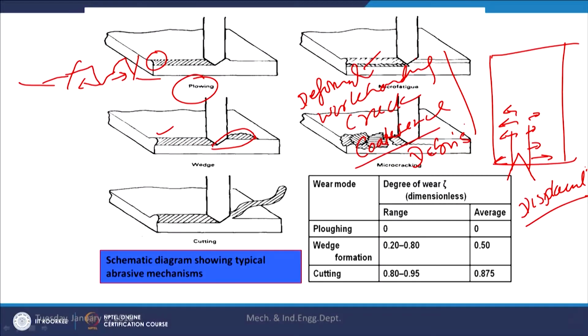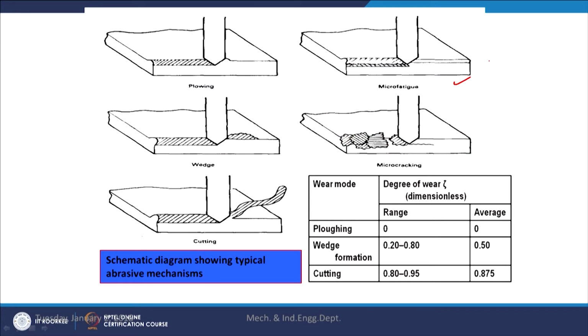So, during the operation, if the material is continuously displaced from its position due to the abrasive action, then the continuous deformation causes significant work hardening, which eventually loses its ability to get work hardened further, and in that case the cracking starts. So, the crack nucleation and its growth leads to the coalescence of the cracks, and which finally leads to the formation of the wear debris. So, this is what we can see here in case of the micro fatigue, and in wedge formation also there is no major removal of the material.